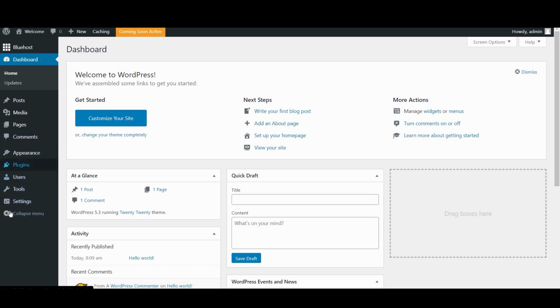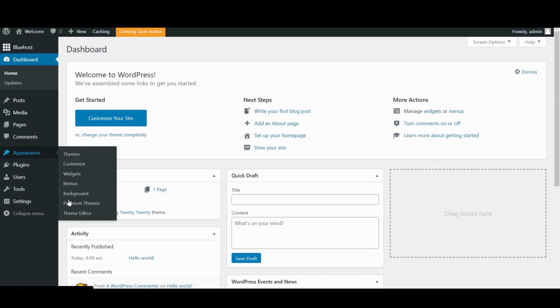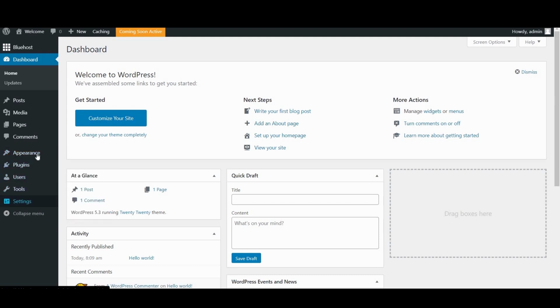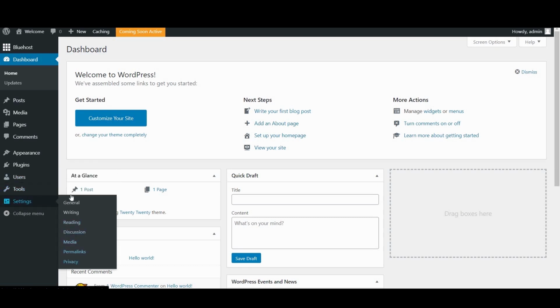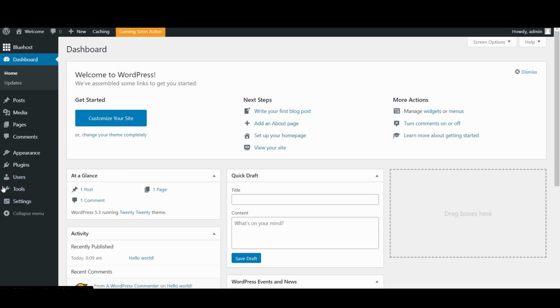And then below that, you have the site administration section where you change the design and appearance of your website and other options. So you have the themes, the customizer, widgets, menus, all your plugins. You can manage users and you can also access your website settings. And plugins or themes may add additional options to this menu, as you'll see throughout the process of building your